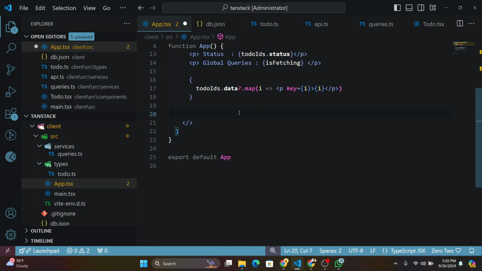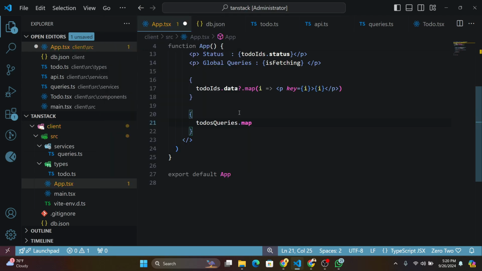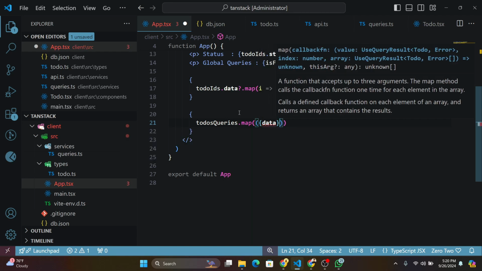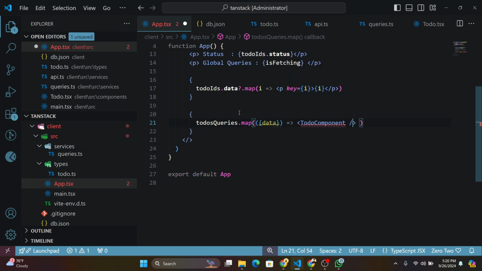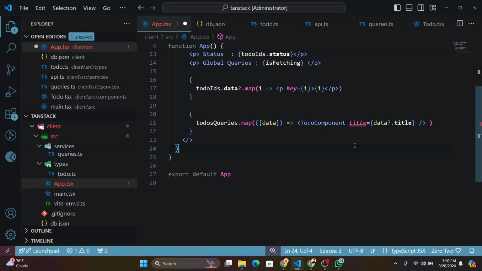Now we can just come here and do data map. So we can do this, the map of the data. Okay, Todo component. We are gonna see the title here. Title, data.title, and as you can see, TypeScript is showing an error because